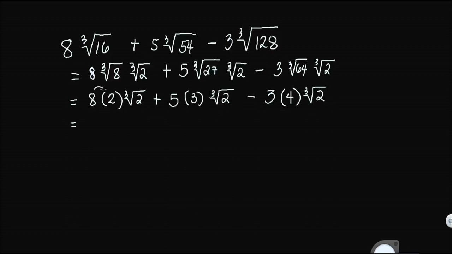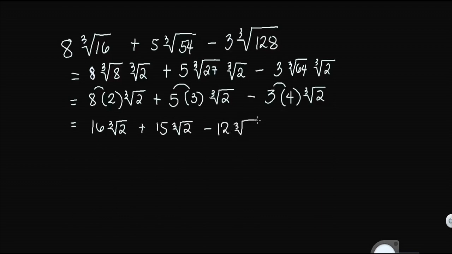Now, we simplify further. So, 8 times 2 is 16 cube root of 2 plus, so we have positive 15 cube root of 2 minus 3 times 4, we have 12